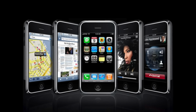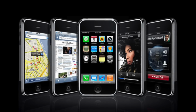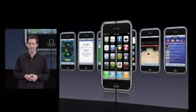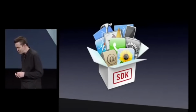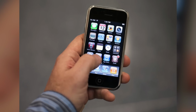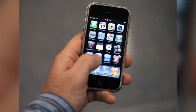But eventually, the desire for third-party app development began to grow as many people recognized the iPhone's potential as a platform for developers. So with the next operating system release called iPhone OS 2, Apple supplied a software development kit that allowed third-party developers to create apps for the iPhone for the first time. Well, technically it wasn't the first time, since jailbroken iPhones could run third-party apps already, but obviously that effort wasn't